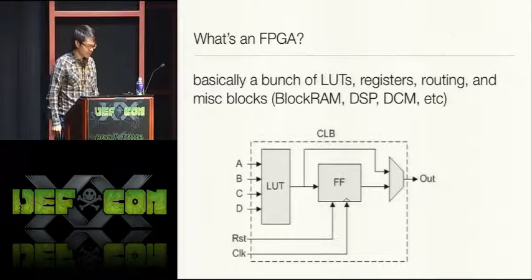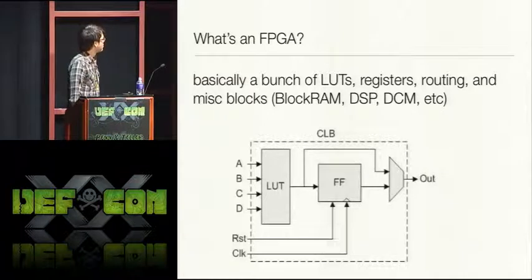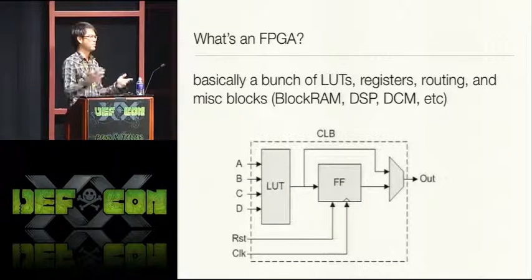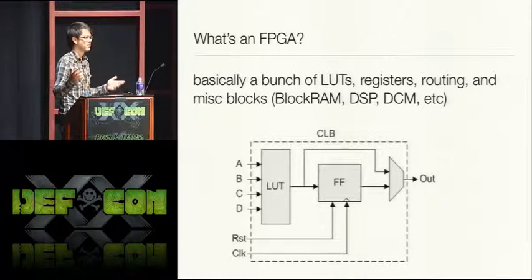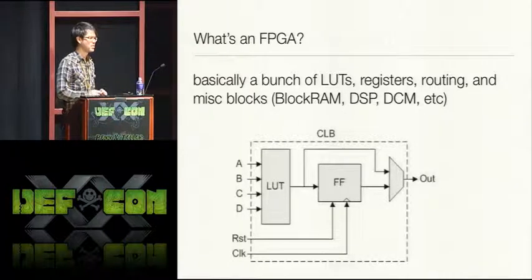So looking inside an FPGA, the bare bones of it is that you have a bunch of lookup tables which can basically describe any sort of arbitrary logic. And so there's your gates, basically. And then all you really need is logic and registers, some sense of time that can actually store your data. And then you just need to be able to connect everything together.